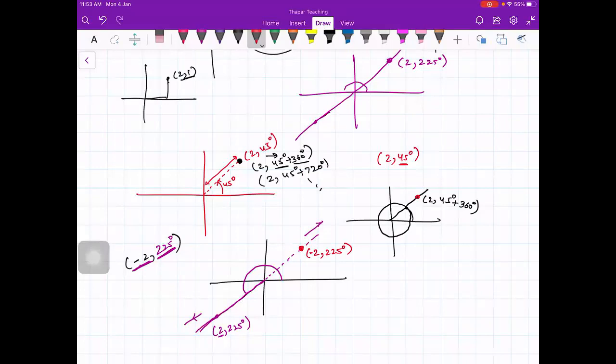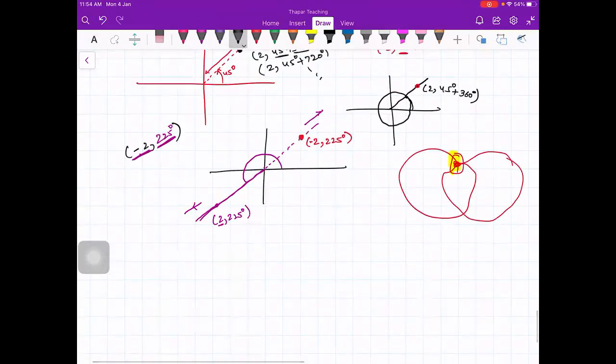So it may happen that on one curve it is sitting with one name, and on another curve it is sitting with another name. So if you simultaneously solve, you will not get this point because it has two different names on the curves. So the only way of getting the points of intersection in case of polar coordinates is to plot the curves. That is why we will not simultaneously solve the equations.